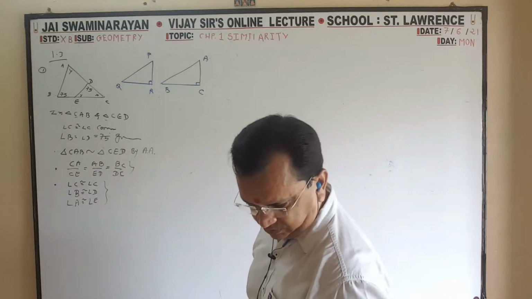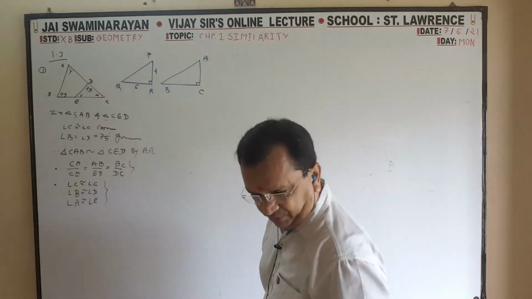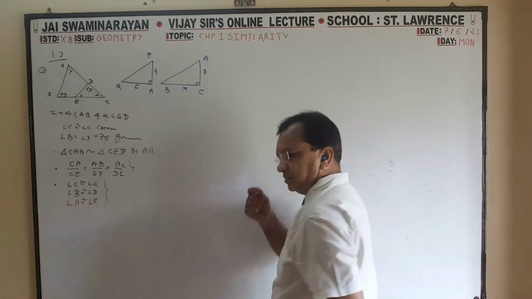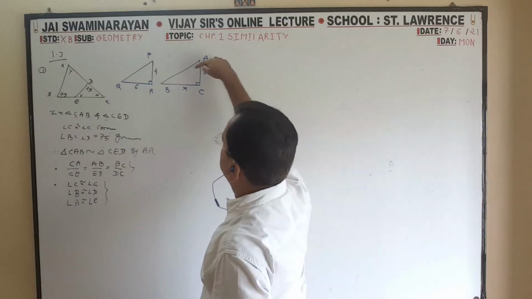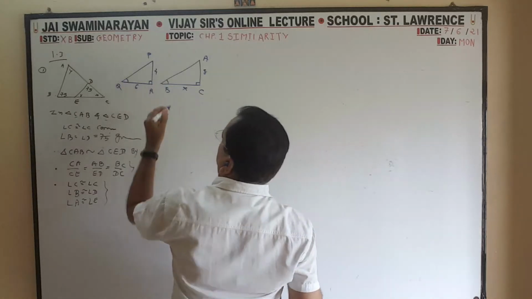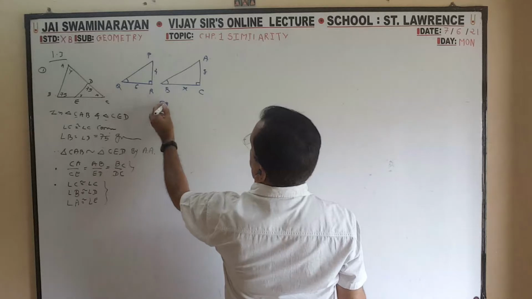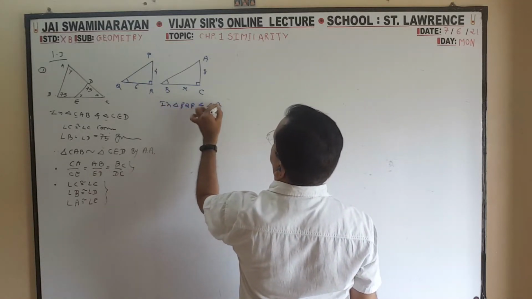Pole and shadow, 4 and 6. Pole and shadow, 8 and x. When sunlight falls on a pole, it gives a shadow with equal angle. So in triangle PQR and triangle ABC,